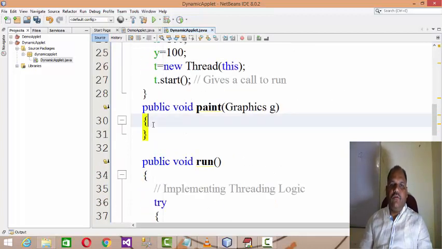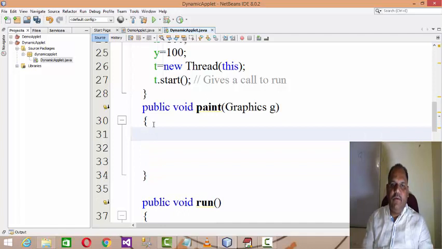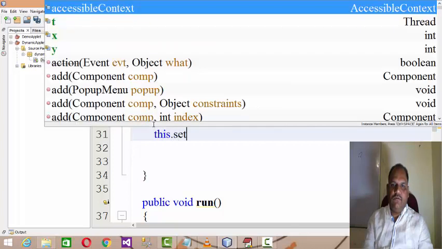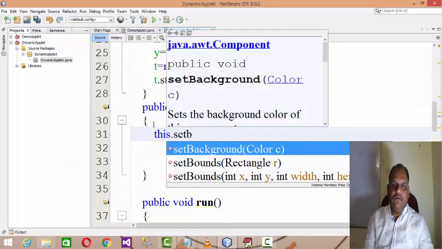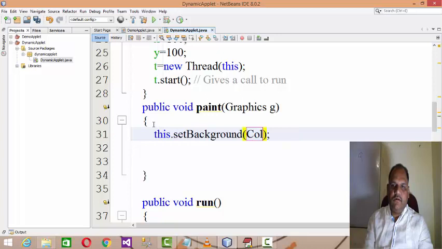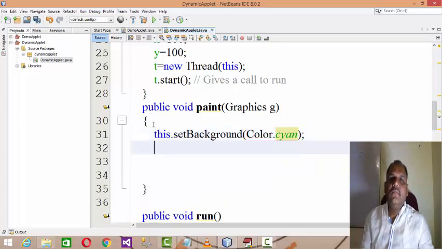Now let us go for the paint over there, because in paint this.setBackground for the background color, cyan is the color we are preferring.